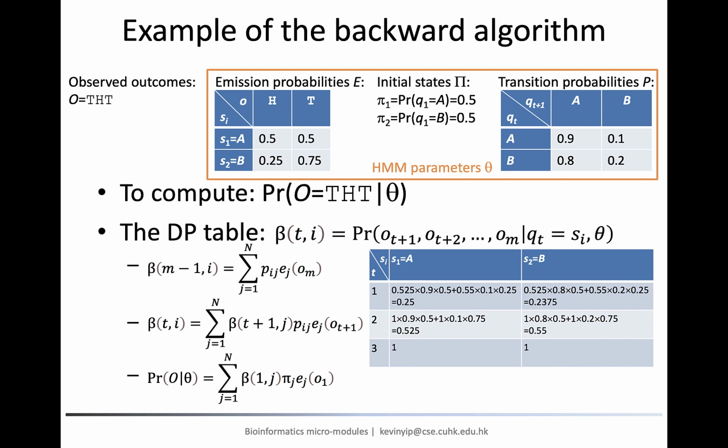Since there are 3 observations in the observation sequence, as mentioned, we can either have an artificial row 3 initialized with the constant value of 1, or use the initialization formula to fill in the values in row 2 directly. In either case, we fill in the entries of row 2 first, and then those in row 1, and finally, based on the entries in row 1, we can compute the overall data likelihood. If you compare this value with the one we got using the forward algorithm, you will find them exactly the same as expected.